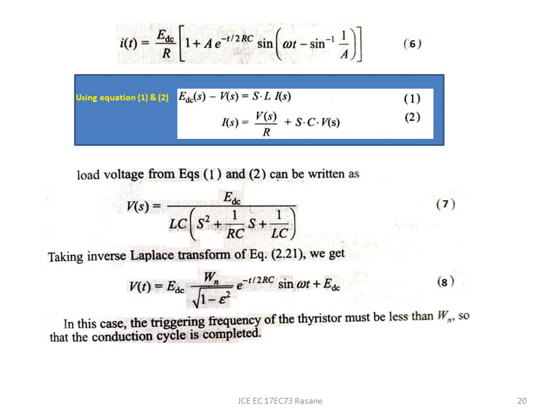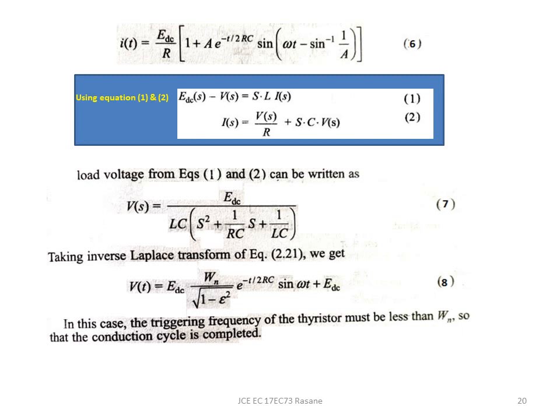Now continuing with this, we saw this equation 6 in the previous slide. Now we got the equation of I of t, that is the current flowing through the RLC where C is in parallel with the load. Using the first two equations again, I of t I have got. In a similar way, I have to find v of t, the voltage. So using the same equations 1 and 2 and the same process, taking the Laplace transform again, instead of I of s on the left hand side, take v of s on the left hand side, and you will get an equation like you did for I of s in this fashion.